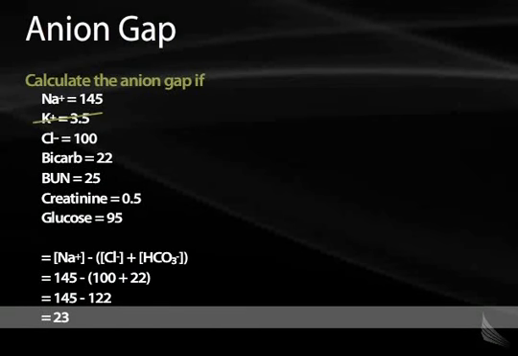What's a normal anion gap? A normal anion gap is anything between 8 and 12. So this patient has an anion gap. What does that mean, an anion gap? Anion gap means that there is something in there that's creating a gap between the negative charges and the positive charges that you're seeing in the normal blood chemistry. And what those negative charges are is usually some type of drug or some type of anion that the body is producing that it's not able to get rid of properly. So the anion gap can be very telling if you have a patient that has a low pH. So along with this, you would expect in this patient to draw blood gas that would tell you,